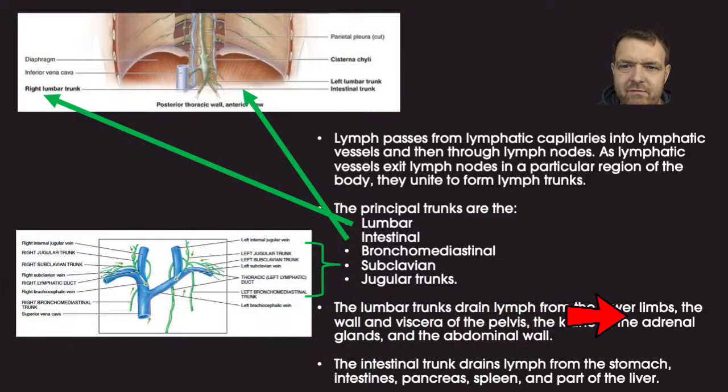The lumbar trunks drain lymph from the lower limbs, the wall and viscera of the pelvis, the kidneys, the adrenal glands, and the abdominal wall. Okay, so the lumbar trunks have got a fair amount of region to clear. The intestinal trunk drains lymph from the stomach, the intestines, pancreas, spleen, and parts of the liver. So mainly the visceral organs. Okay, so that's where it's basically every part of your body is surrounded by lymphatic tissue,